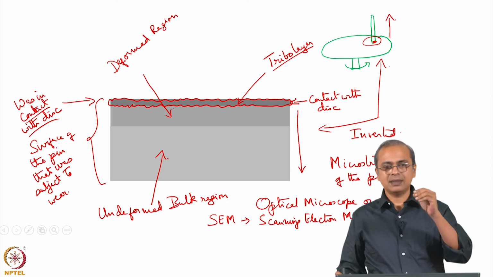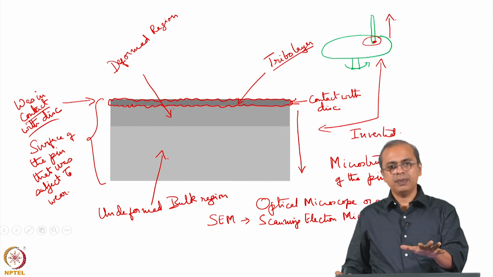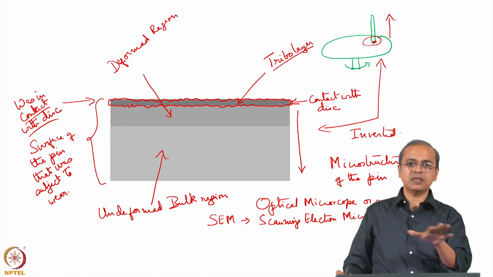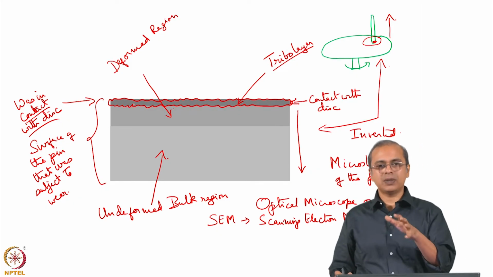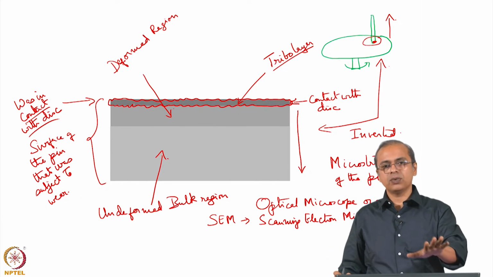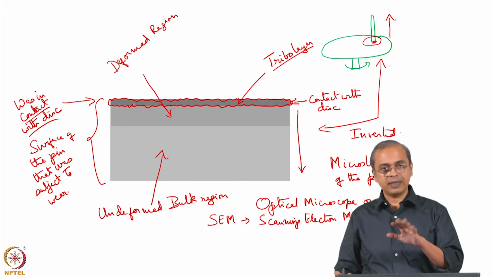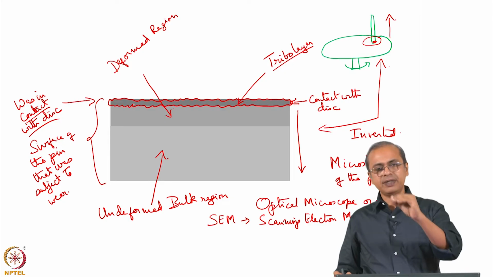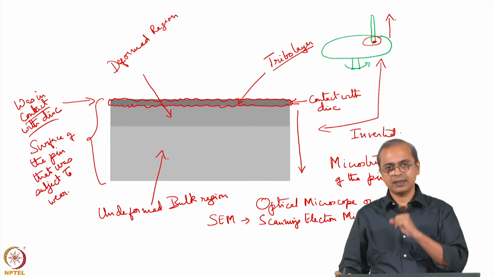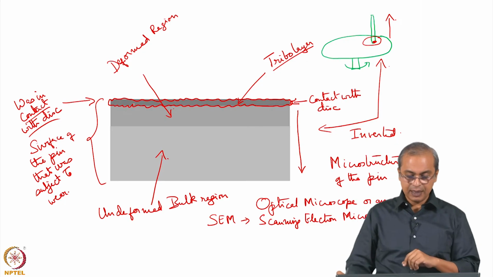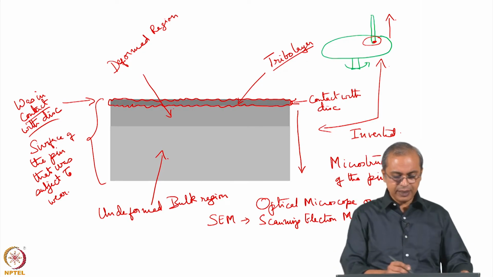It is the layer that is having some kind of broken down material of the parent material that you are testing, and a fair bit of it is going to be oxide because of its oxidation. You exposed it to conditions that are favorable to oxidation, so it is very likely that it will be in oxidized form. So that is the tribo layer, that is usually relatively thin, because that is how far the oxide penetration happens, oxygen penetration and so on. Below that you have this thing called the deformed region,